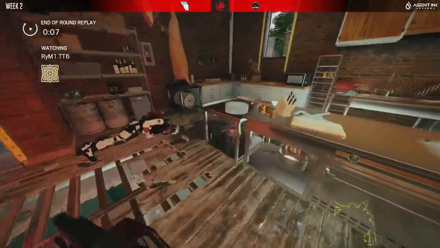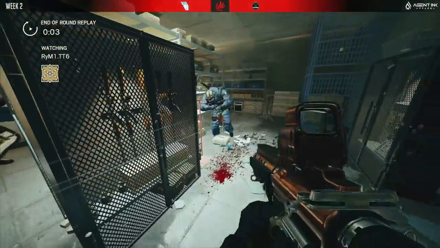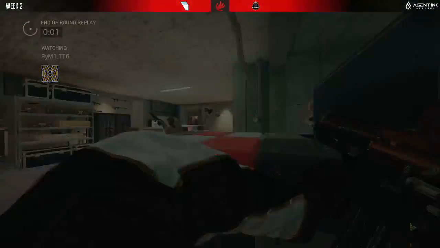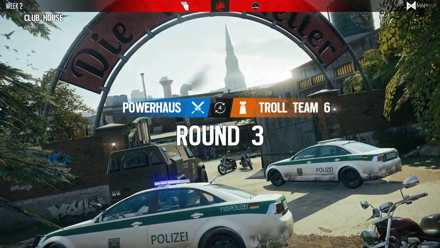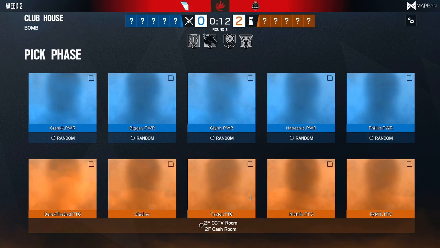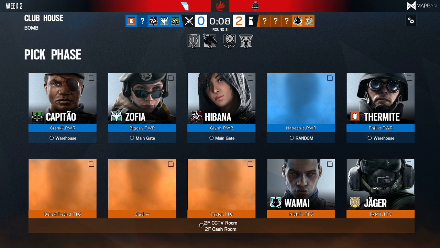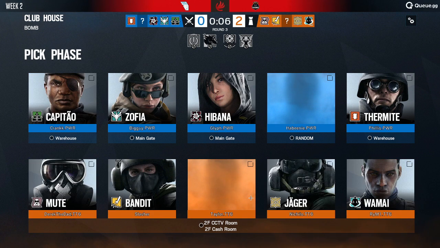We'll shut down the plant by Hibini, and that round will go to Troll Team 6, and the church rotate really played a factor here and kind of just stopped Powerhaus in their tracks, made them reconsider exactly how they wanted to push this. Overall, a really good round from Troll Team, and although these strategies might be a little bit